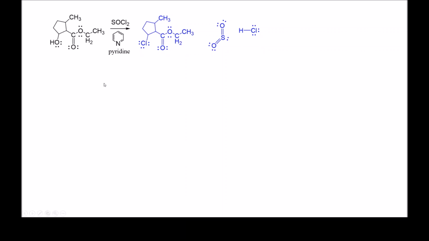One of the tricks that we use in organic chemistry in order to make it easier to show our mechanism is we redraw the molecule using R groups where we don't want to show all of the atoms because they're not participating in the chemistry. So if you look at your starting material versus your final product over here, notice that the only thing that changes is the alcohol becomes a chlorine. So the rest of this doesn't participate meaningfully in any of the chemistry,